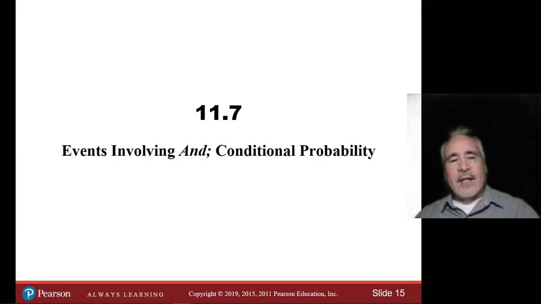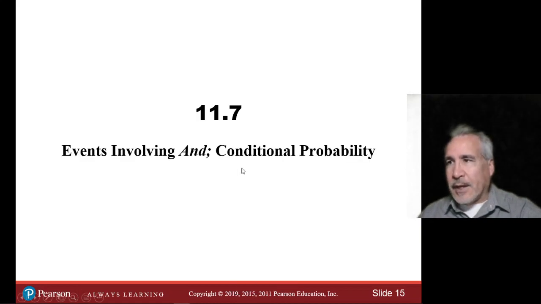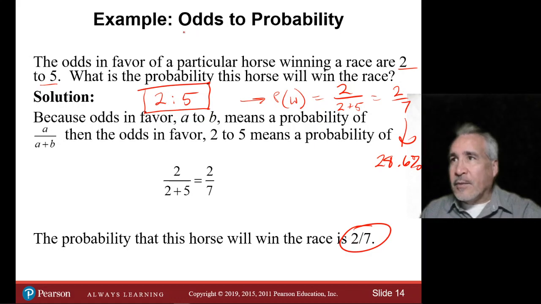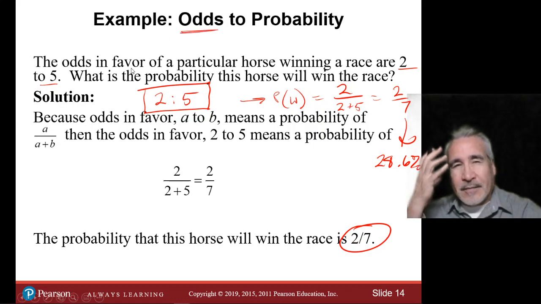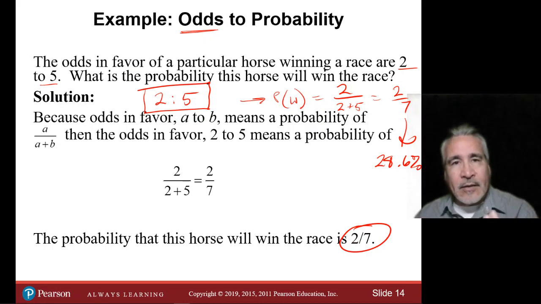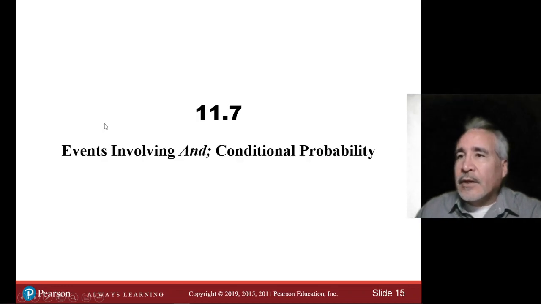Just really highlight, when you're reading, whenever you see the word odds, underline it, or at least in your mind think, oh, that's something different. I need to count how many ways of winning, how many ways of losing, and then I get a ratio. It's not probabilities. Okay. So now we're going to conclude with